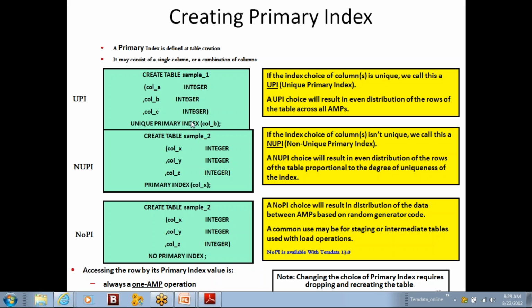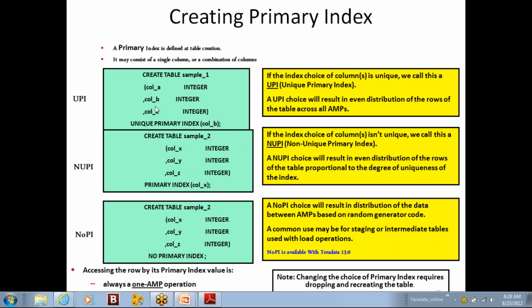That is the workaround, but we cannot alter an existing table's primary index. The primary index should be created at the time of table creation, and we cannot drop or alter it dynamically. If we need to change the primary index, we have to drop the table and recreate it with the required primary index.